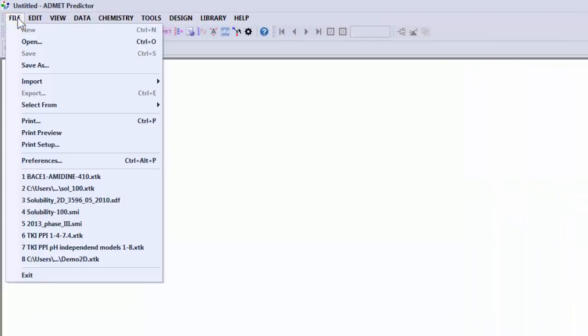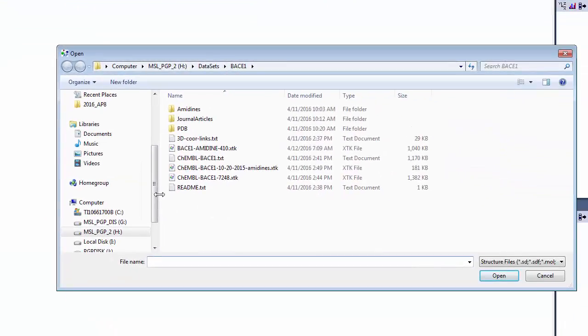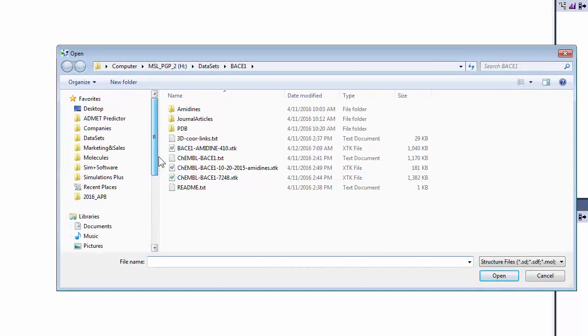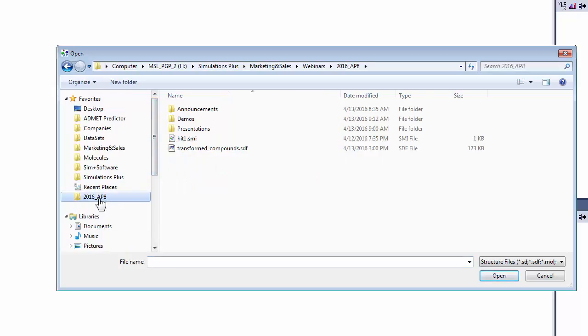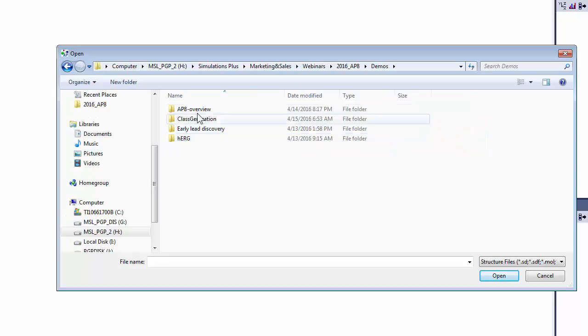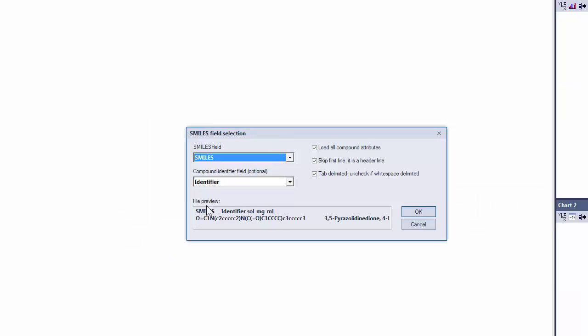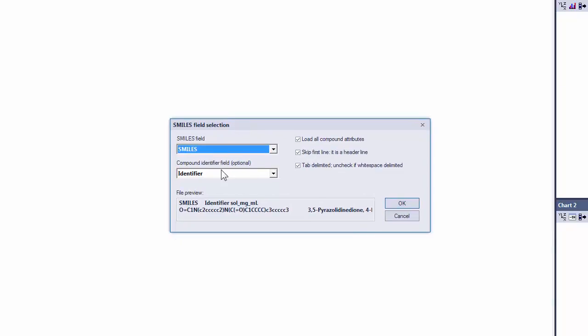Simply go under the File pull-down menu, select Open, and then navigate to the file that I want to read in. I'm going to read in what we call a SMILES file. So it's the solubility-100.smi. This program will prompt you for the field for the SMILES string, and this is already in the input